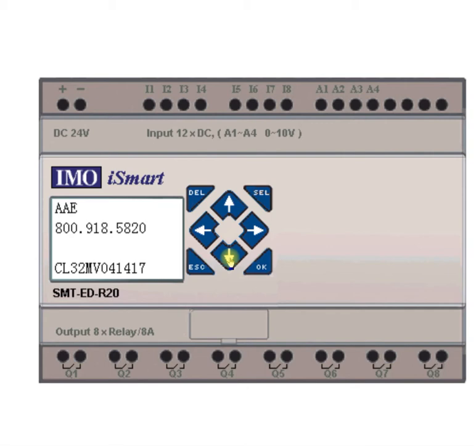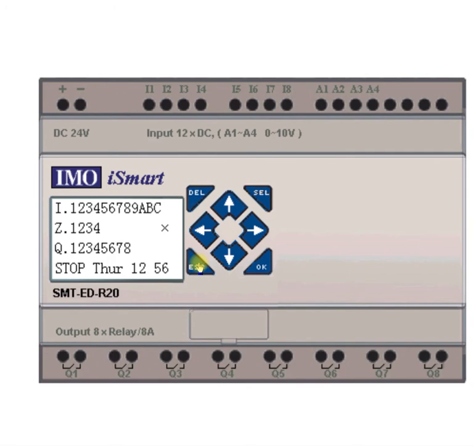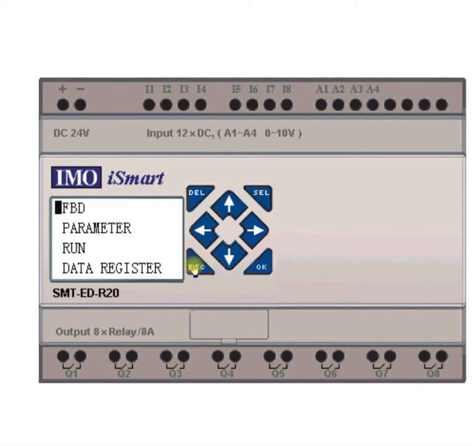Now let's try to actually turn it on, which is where a lot of customers have difficulty. So I want to get back to that I/O screen by hitting escape, and that just shows you wherever you are you can get back to that screen. And you can see here it's in the stop mode, so it's not going to run, but we want it to run, so we can hit escape again, and then you can see run there. We're going to go down to run. We're going to say OK,